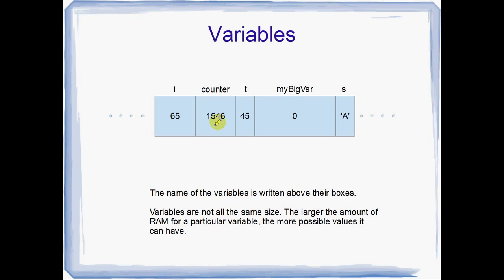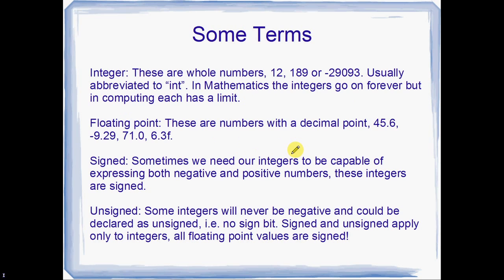Yeah, basically the larger a variable, so counter here is about twice the size of t. See the t variable, the t box, is about half the size of counter. So counter could potentially hold a larger number than t in this little diagram. And my big var just here, it has 0 at the moment, but it could potentially hold even larger numbers than counter. Okay. We'll go through exactly the limits of the variables in a minute, but first we should look